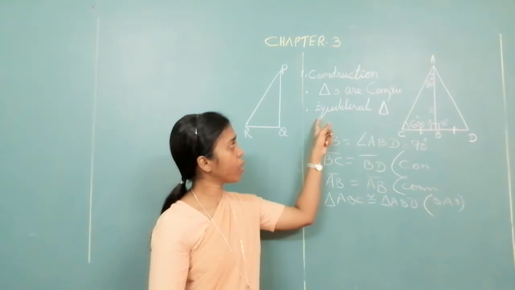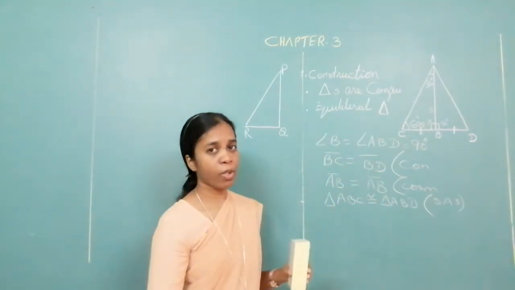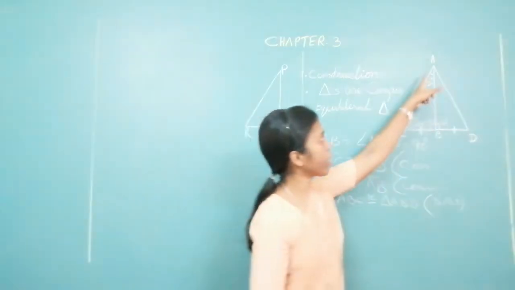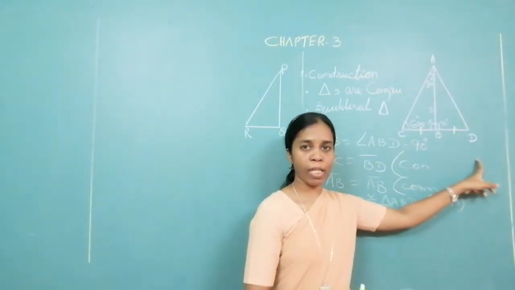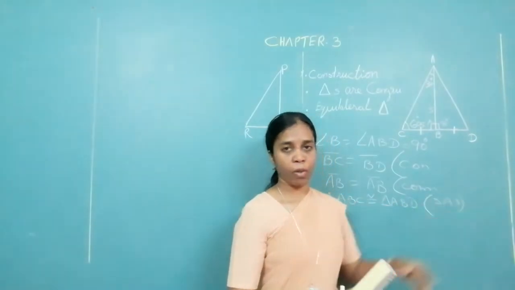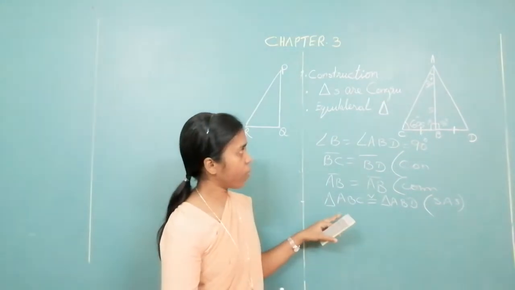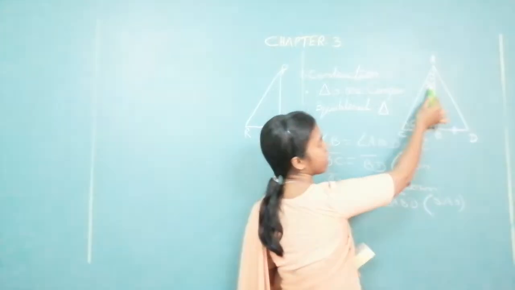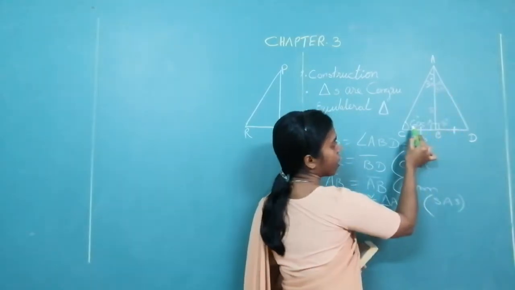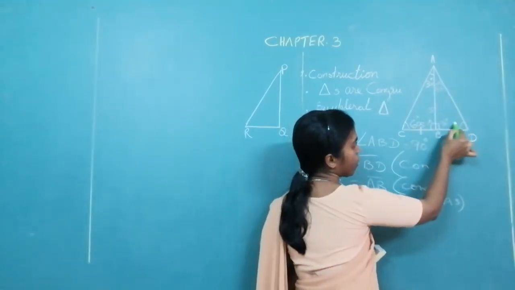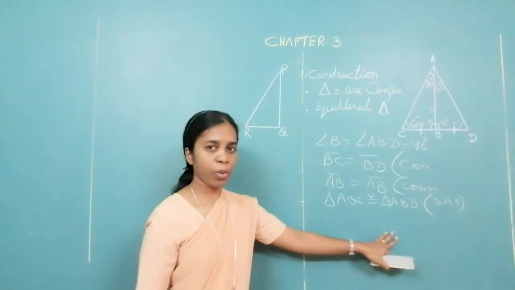Now what is the third part? Show that the main triangle is an equilateral triangle. Now which triangle are we talking about? We are talking about triangle ACD. We have to show this is an equilateral triangle. To show that, we have to consider from here. Look at this angle. If this is 30 degree, this also will be 30 degree. If this is 60 degree, this also will be 60 degree. Why? Corresponding angles are congruent.